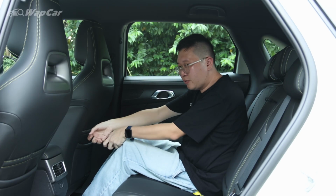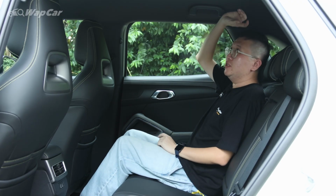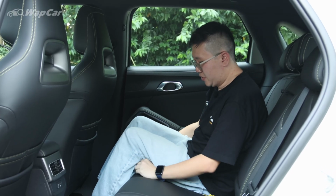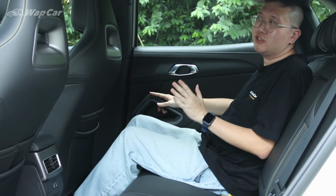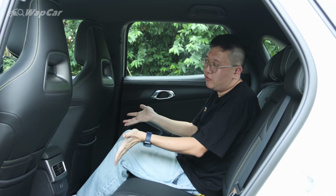There is quite enough legroom in the back, and also a decent amount of headroom. But my only other gripe is that when you're sitting, it feels like you're squatting down. So like you can see, there's quite a lot of thigh space here. For long distance journeys, it's not going to be comfortable, but this is, I assume, made for city